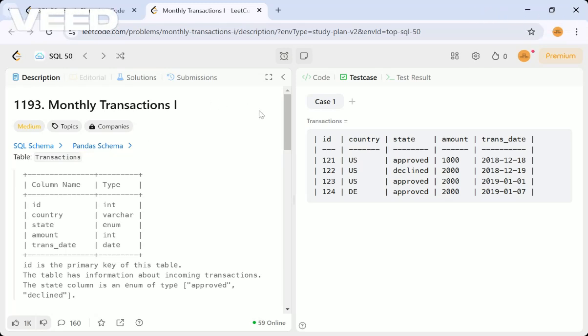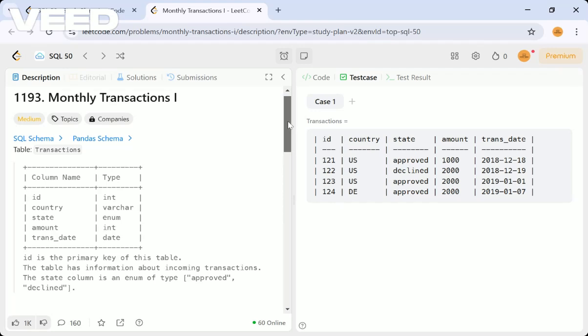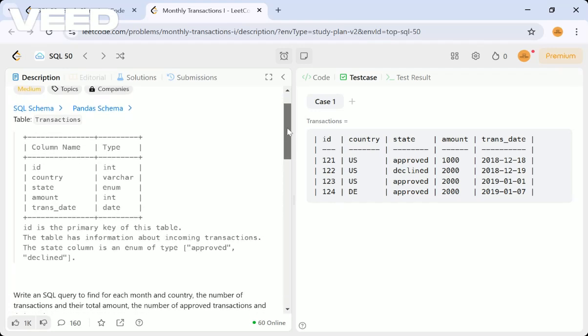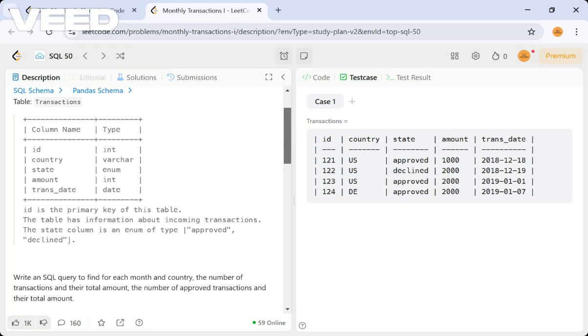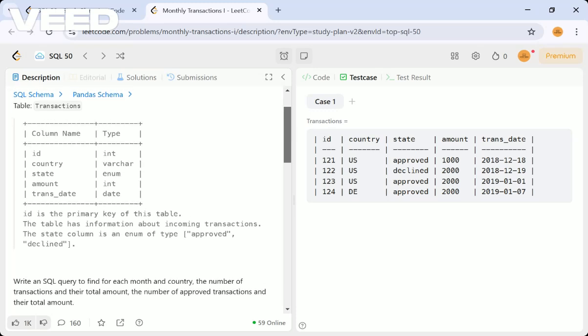This is the problem name in LeetCode. We will have numerous problems, mainly on data structures, and different types of programming language questions also. Here the problem number is 1193, Monthly Transactions One. Let's get the schema first and what they are asking in the problem statement, and then how we can solve this by writing the query. We'll see everything in detail.